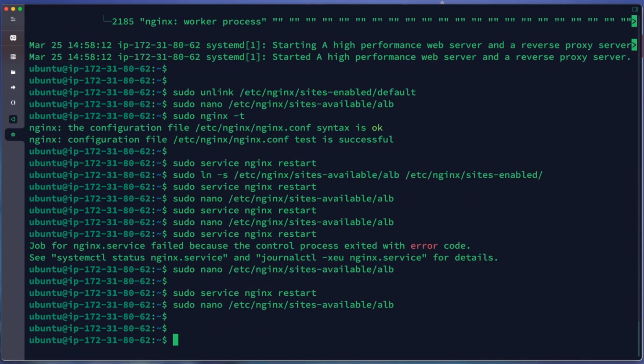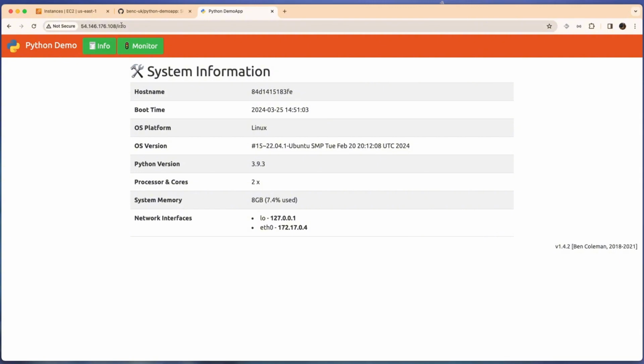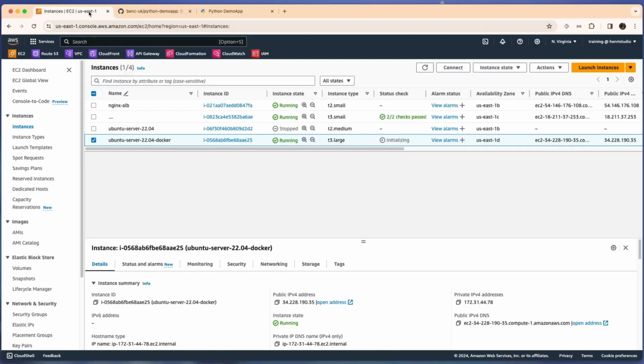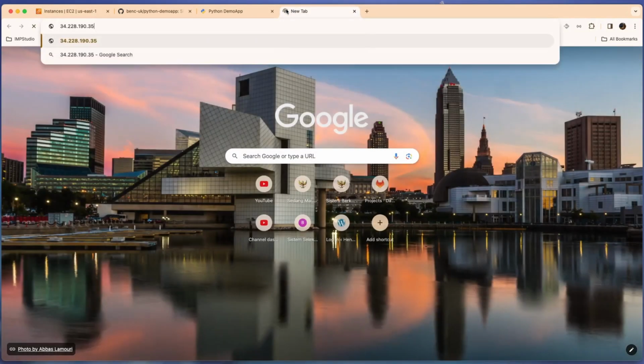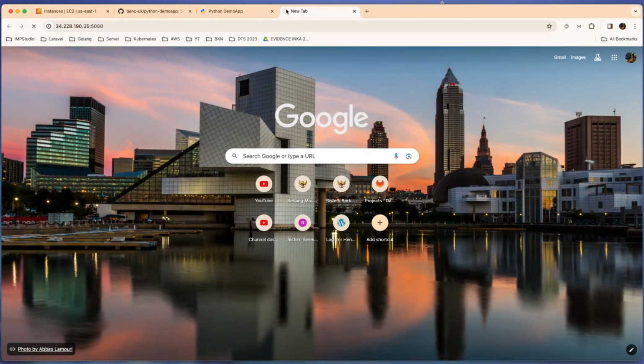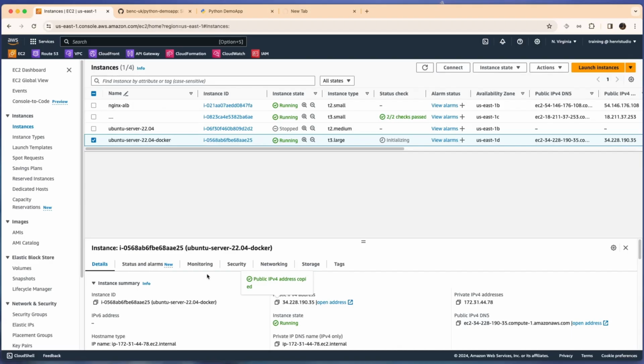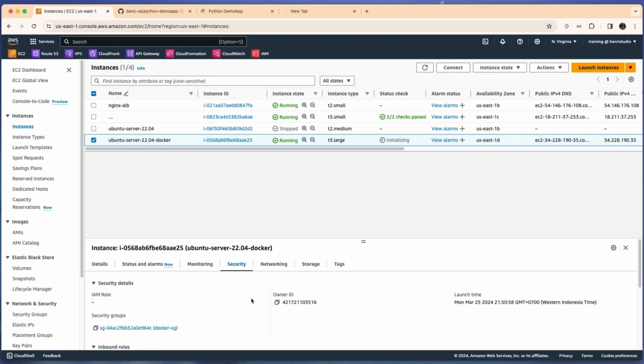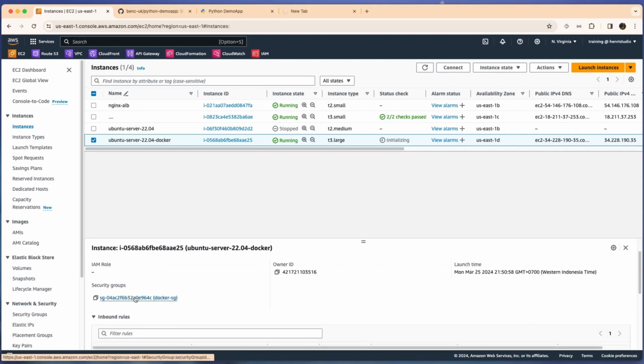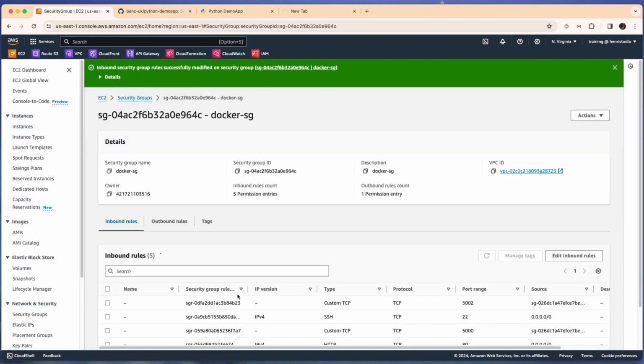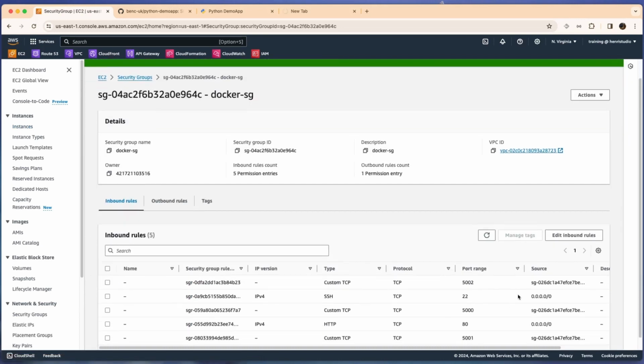So this is it. When we try to access our server from the container directly, you can use this one. When we try to access port 5000, it will be denied because we have set up our security so that port 5000 can only be accessed from a VM with the security group of this one.